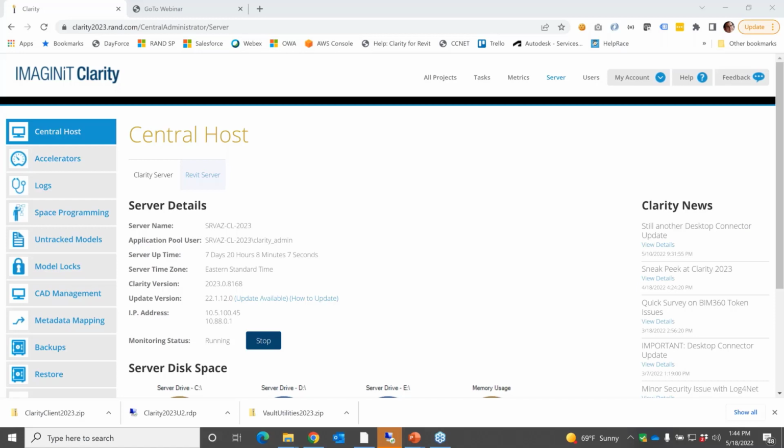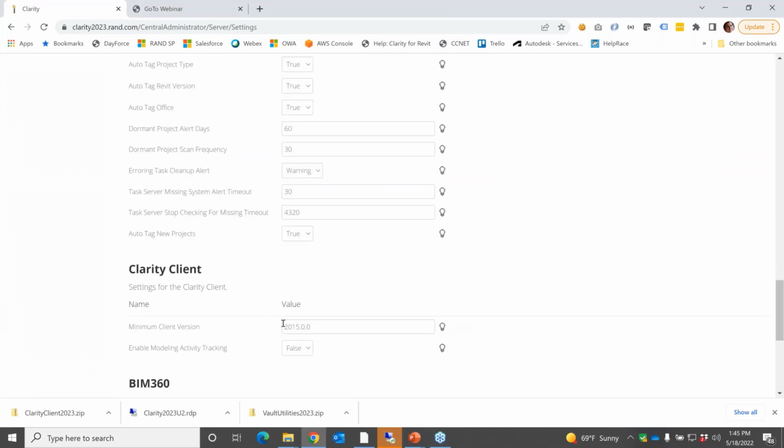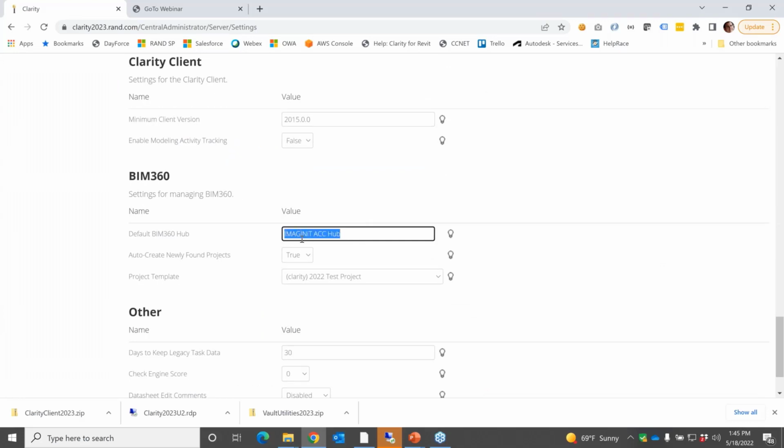Let's see. I think that question was more about Bim360 and Clarity in general. If it was about the auto create feature, like I said, there is this setting for what is your hub, and we only will create them for your hub. If you work primarily with other people, right now you can really just pick one hub, and we're only going to create projects from that one hub today. I would be curious to hear if people are interested in us creating all of the projects